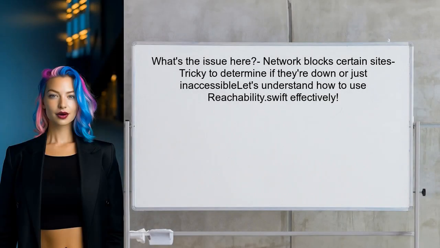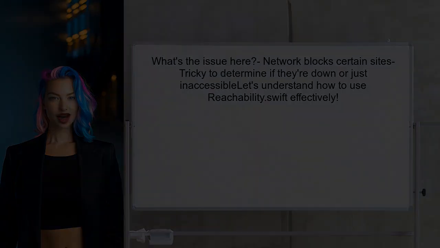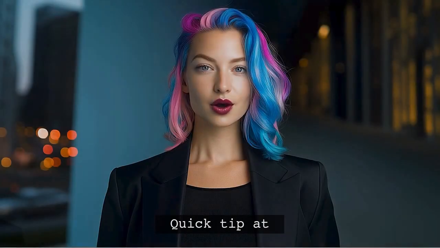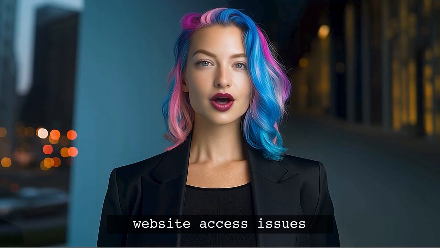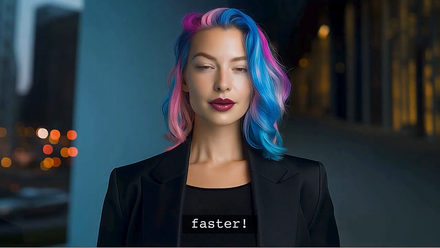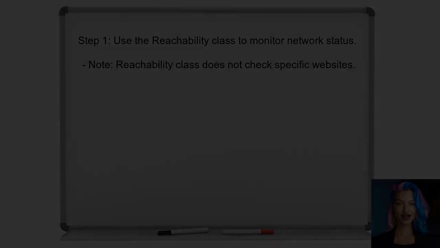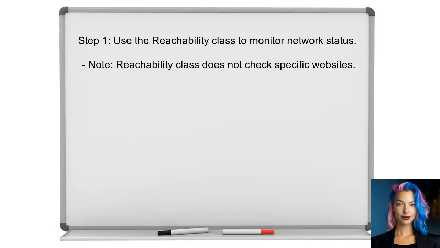So what's the issue here? When you're on a network that blocks certain sites, it can be tricky to determine if they're actually down or just inaccessible. Understanding how to use reachability.swift effectively will help you check the status of those websites. And stick around. At the end of this video, I'll share a quick tip that can help you troubleshoot website access issues even faster. To check if a particular website is reachable, the user can start by using the Reachability